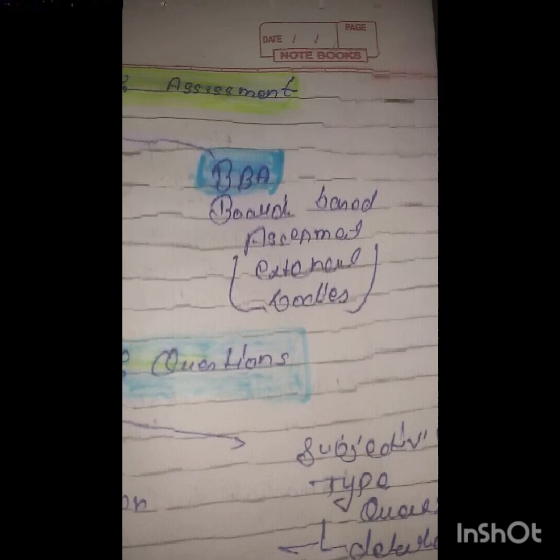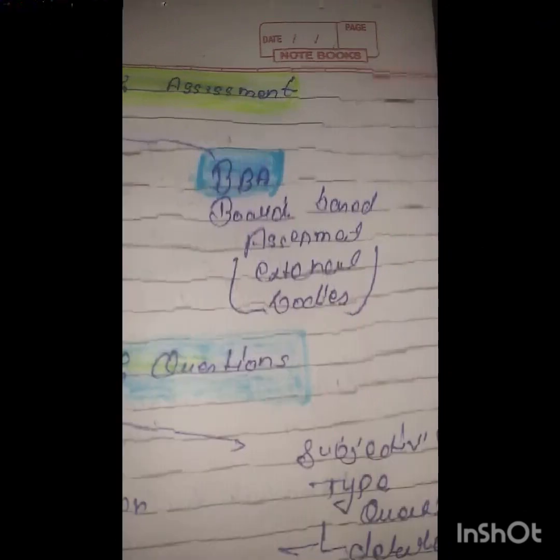Now come to the characteristics of good evaluation. There are three characteristics: objectivity, reliability and validity. As I already explained, but I explain again: what is objectivity? It means no biasness. Objectivity shows there is no bias shown by the teacher. Reliability is when we get the same result in each and every case. This is called reliability.